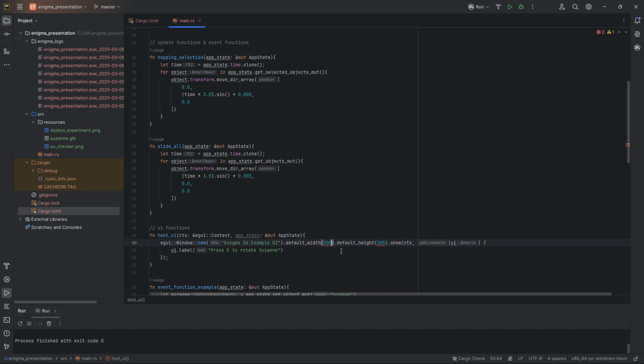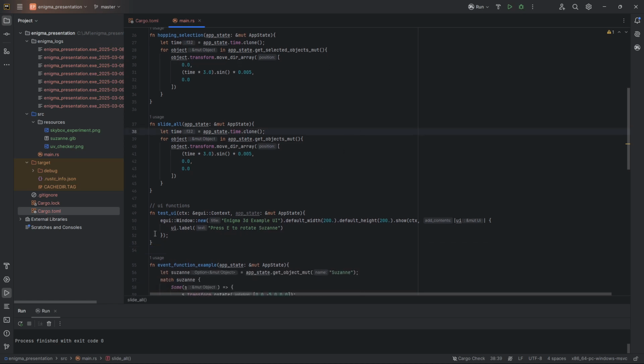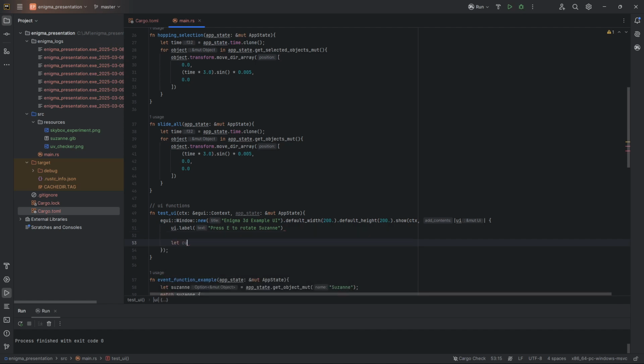These also need to be floats. Yeah, and now we are not using the app state at all in this case, but we could say we want to see the current rotation, right? So we get the current rotation here. Let current rotation equals